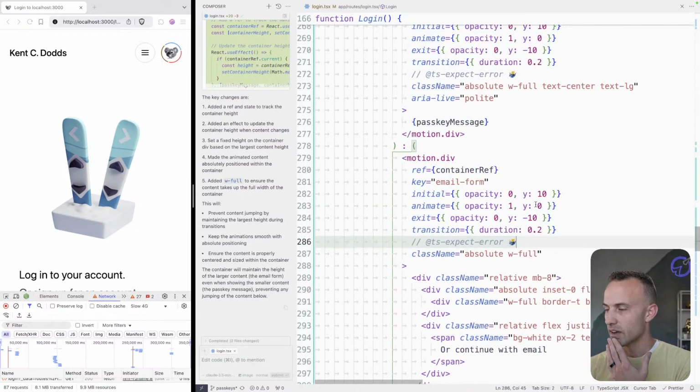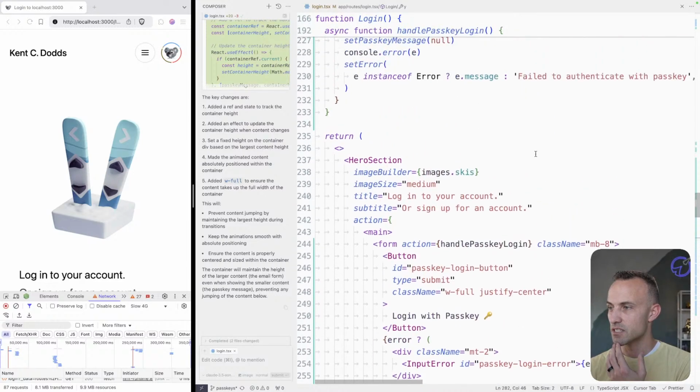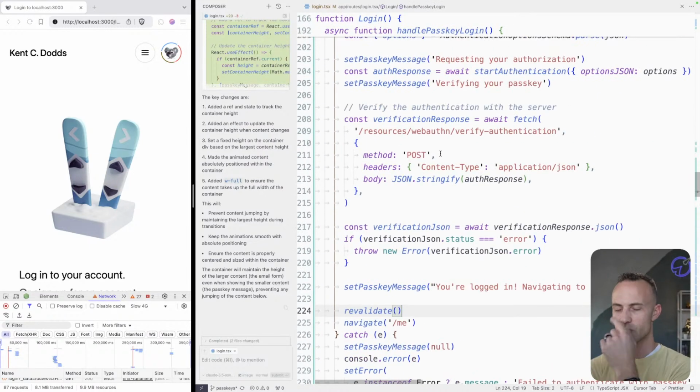Okay, anyway, so the last thing that we need to deal with, the last bad user experience here, is after the transition completes, then the optimistic message goes away. And we don't want that to be the case. So